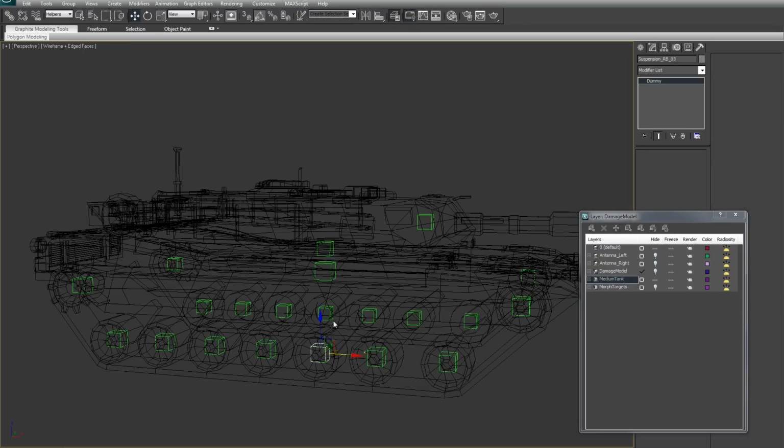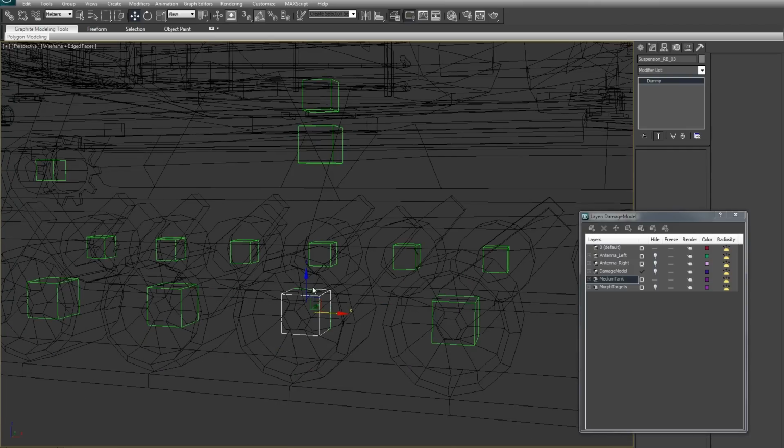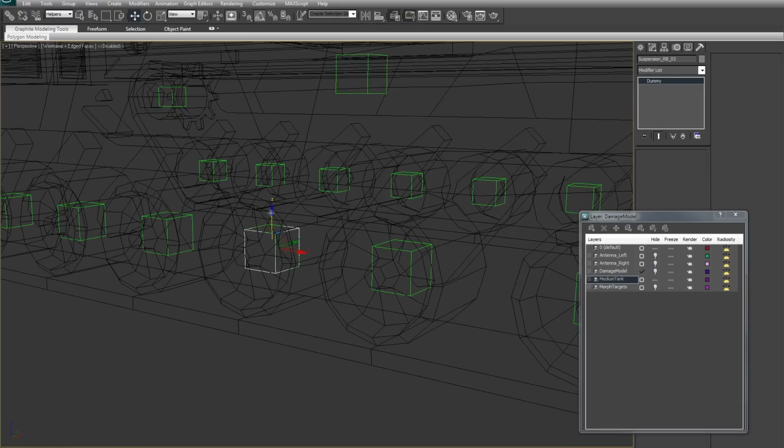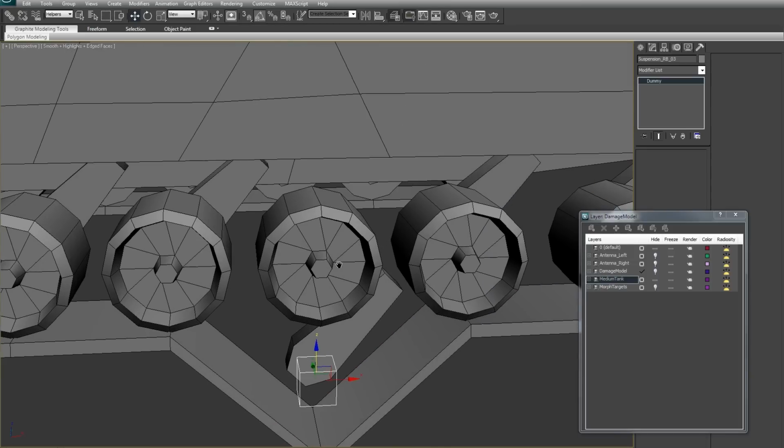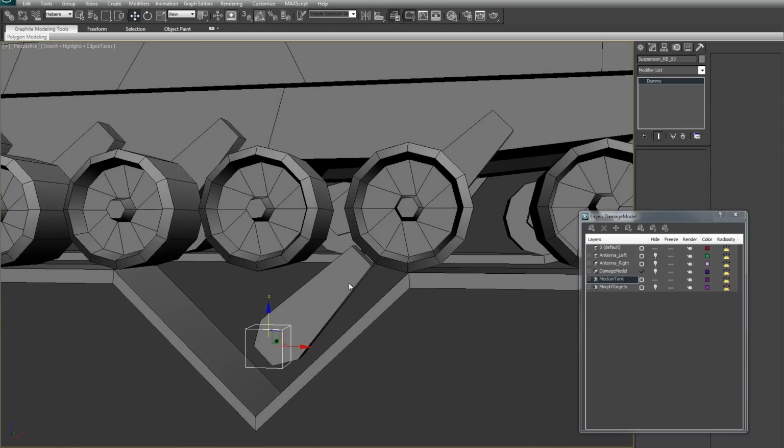Finally, this is set up poorly because the bones are exactly the same size, so they're overlapping. You don't want to do that. These are just helpers, by the way, they're not actually bones, just because it's quicker and easier to set up that way. So we have the suspension bone,